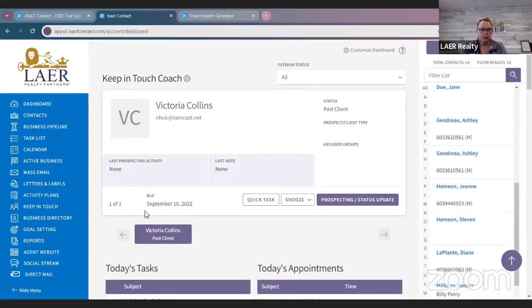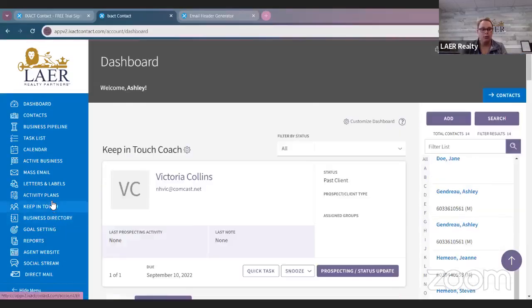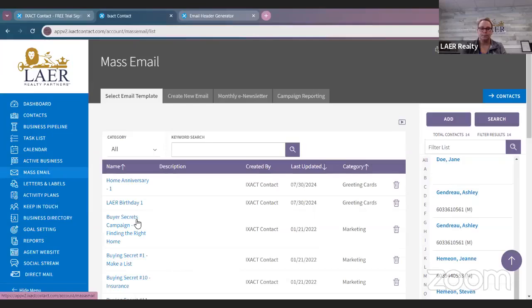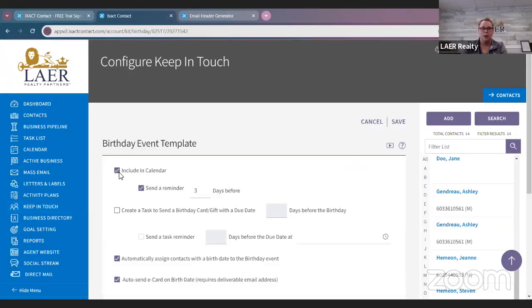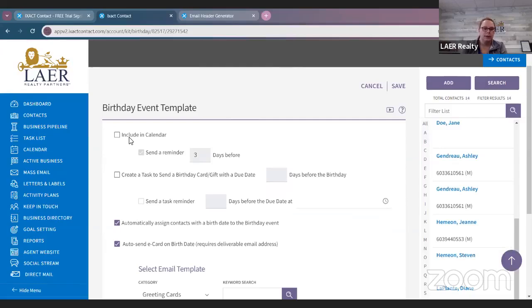So now we're going to go ahead and go to mass email. Or actually, no, we have to go to keep in touch first. And then we're going to click on birthday. We've already created our monthly e-newsletter, so we're going to go ahead and click on our birthday. If you want to include it in your calendar, you can. Include in calendar. So this will put it in your Ixact calendar and you can have yourself sent a reminder